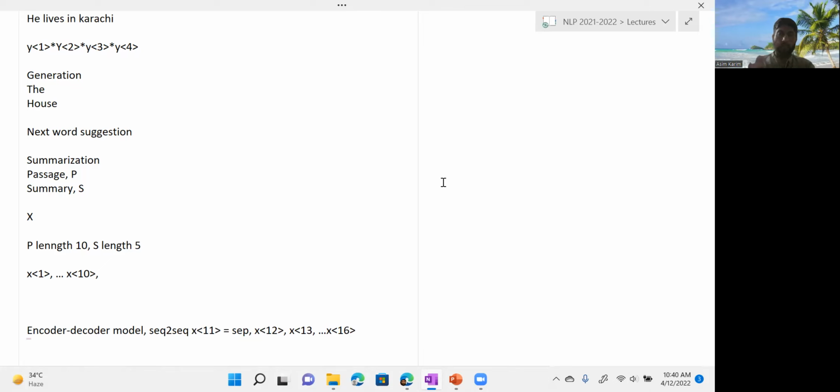Okay. So output is also a sequence, input is also a sequence, but now the whole input sequence gets processed first and then goes through the decoder also as a sequence while generating the output. So these models are very appropriate when input and output